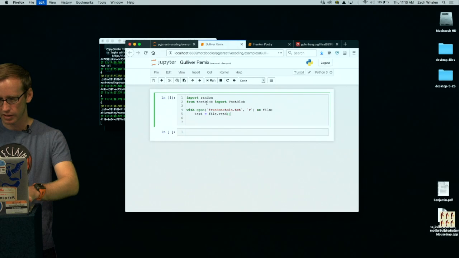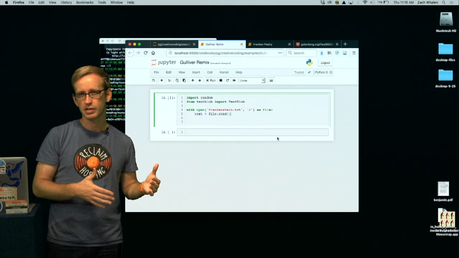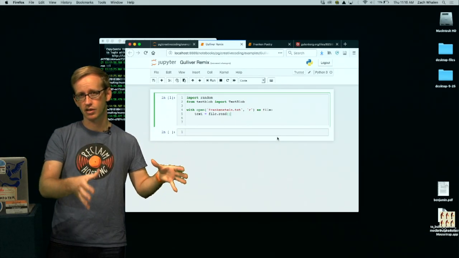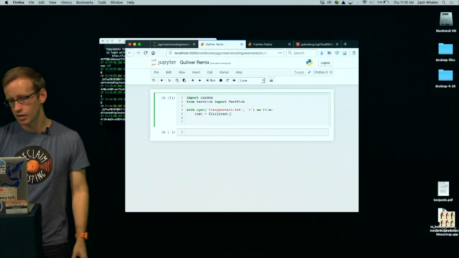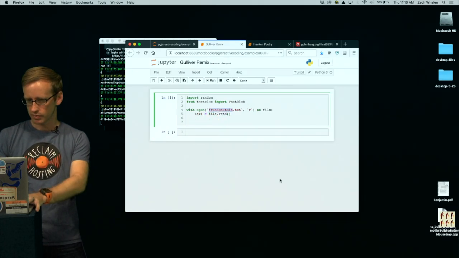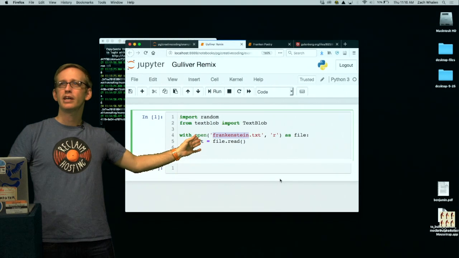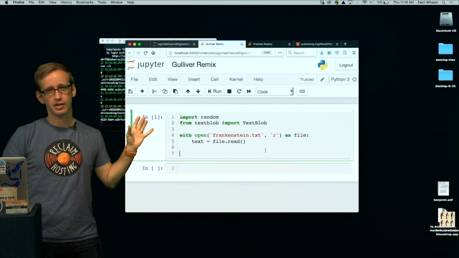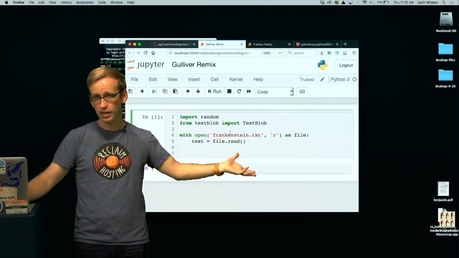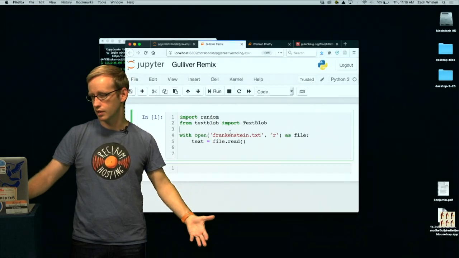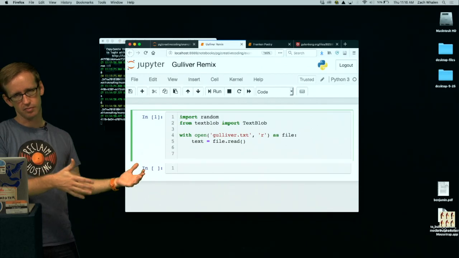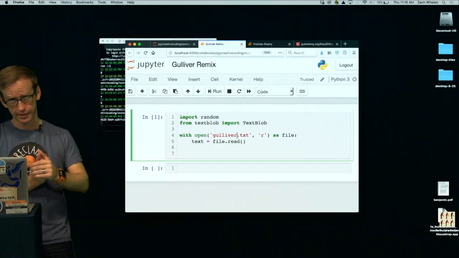There are a couple other ways you could read this in, like if you wanted to read it in line by line, that would be differently worded. In this case, I just want the whole thing as a single big chunk, and I'm going to do it like this. In red here, that's going to be the name of the file that I'm trying to import, that I'm trying to suck in. I've called it Frankenstein.txt in the example, but the one I want to work with now is called Gulliver. So if you were doing this, you would have to change it to make sure that it matches your file name.